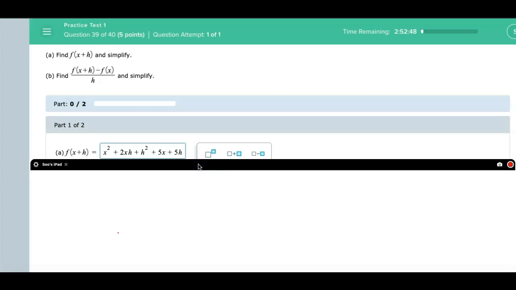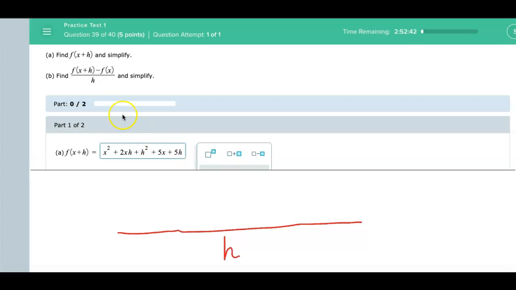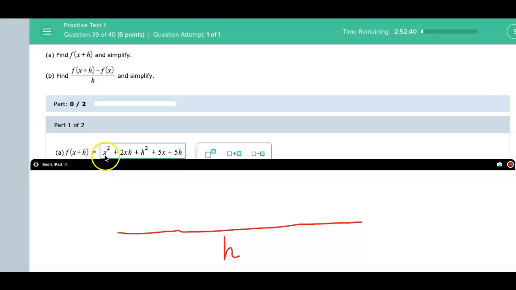And it's a big fraction, so I will suggest draw a big fraction and put the h in the bottom. I'm following this formula. Our answer from part A comes first: x squared plus 2xh plus h squared plus 5x plus 5h. You write that down first. And then we are subtracting this by,